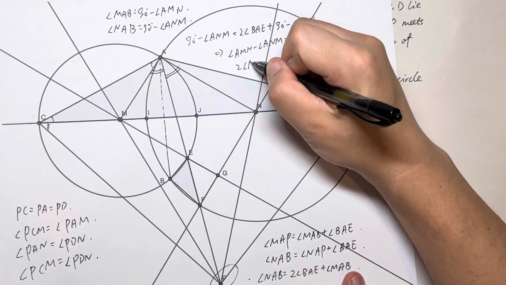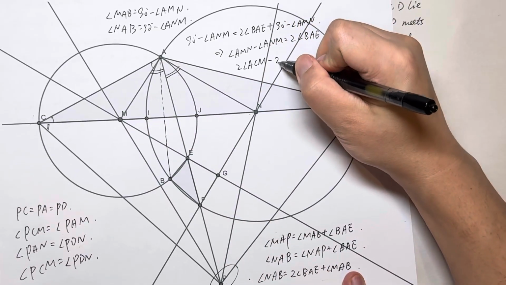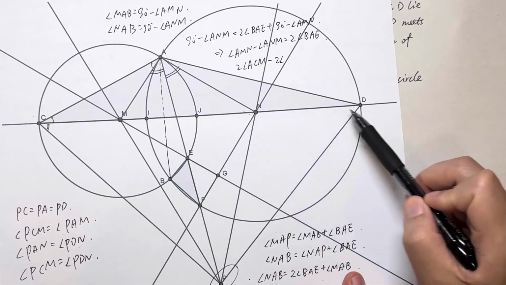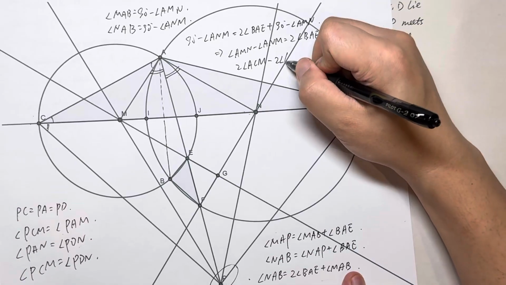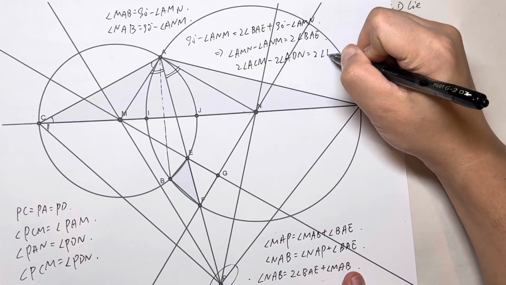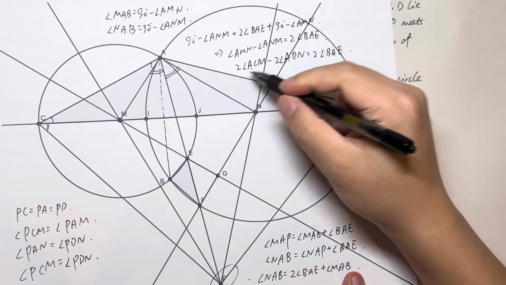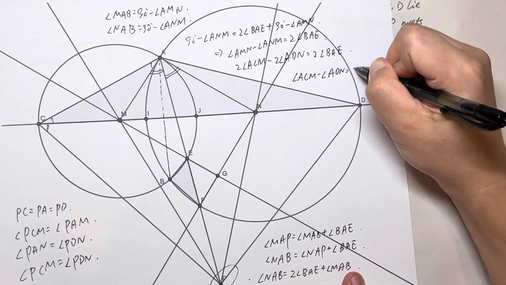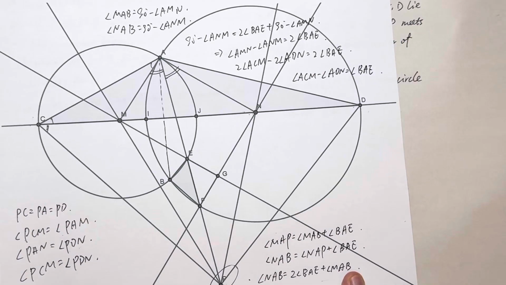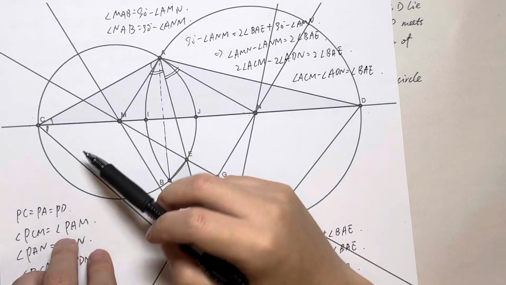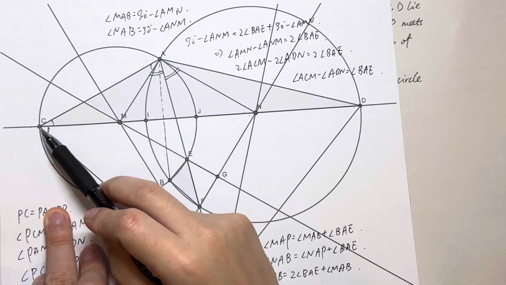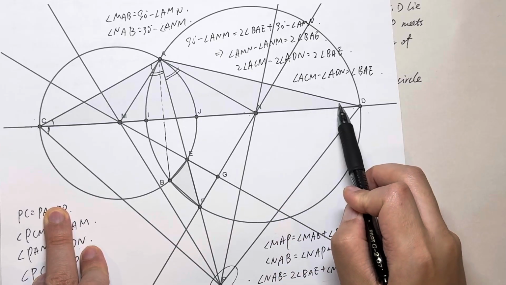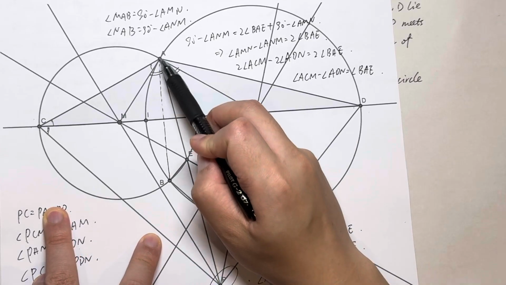So twice angle ACM minus twice angle ANM. ANM is twice angle ADN, right? So we get that angle ACM minus angle ADN equals angle BAE. Which means this angle, the angle ACM, minus this one, the angle ADN, equals angle BAE,